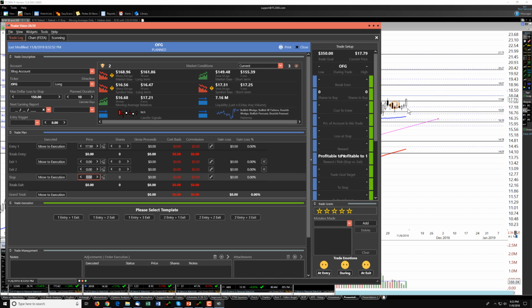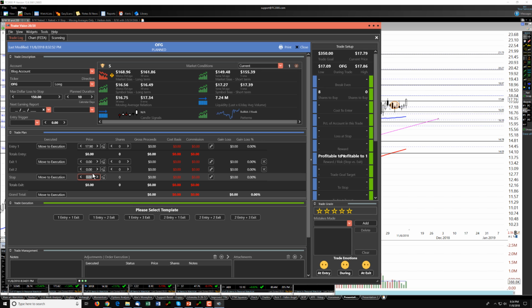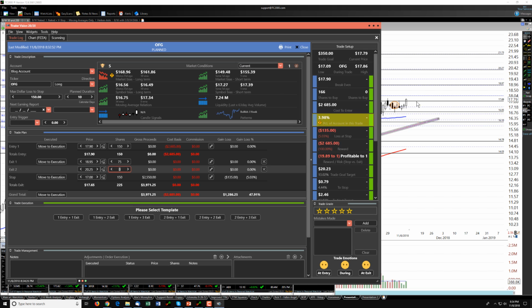And I put my stop in probably right around in this area. Let's call it 17 bucks. First target's up there about 18.95. Second target's up there at 20.25. Let's do 150 shares. If we sold 75 with that first target,